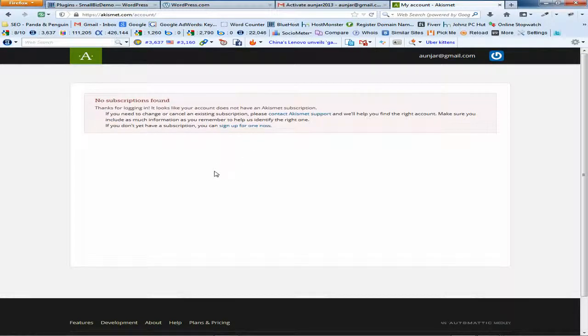And when you first sign in, since we've not created a subscription, we're going to get this message which basically says thanks for logging in. We don't have an Estimate subscription, and it's going to prompt us to go ahead and sign up. And to sign up, we'll just click this link below which says sign up for one now. So we'll go ahead and click that,